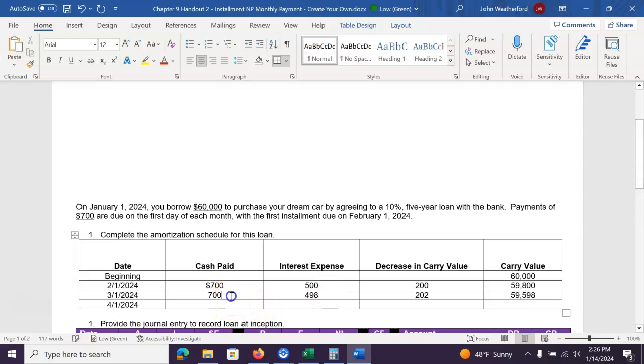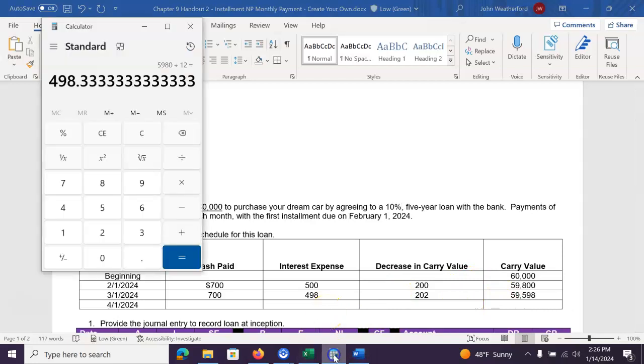See, this $700 payment's not nearly big enough for a $60,000 loan, right? To pay that off in 5 years, you'd have to pay a lot larger payment. But I just like to show you here, the point of this, in my opinion at least, is to show you how much you can pay in a payment and how little effect that can have on your loan balance at a 10% interest rate. So let's keep going one more month here.